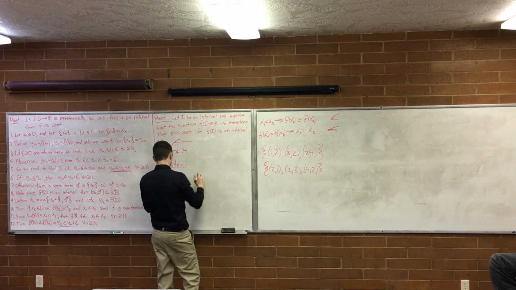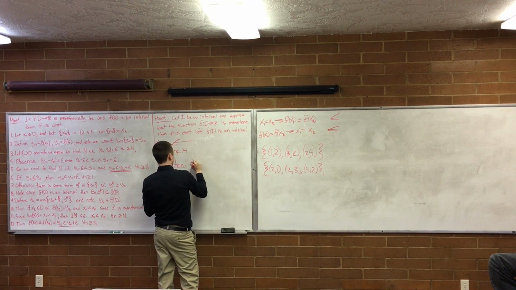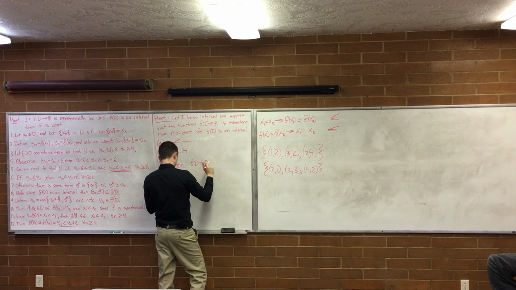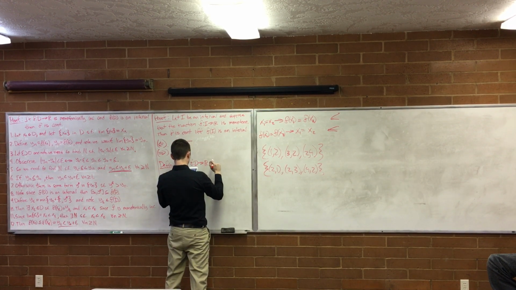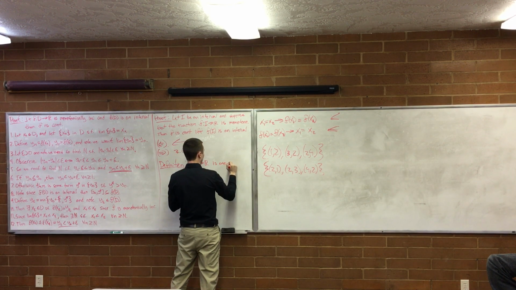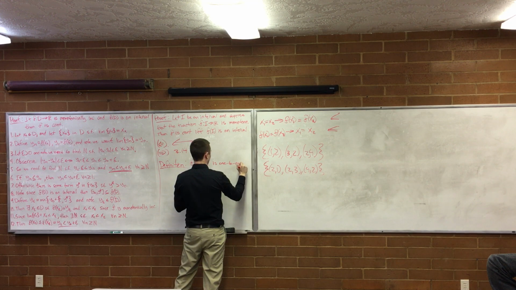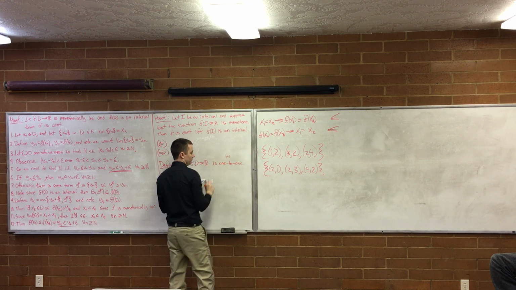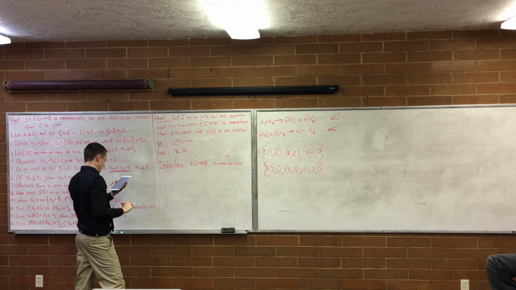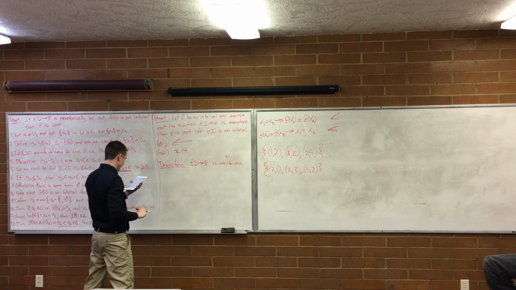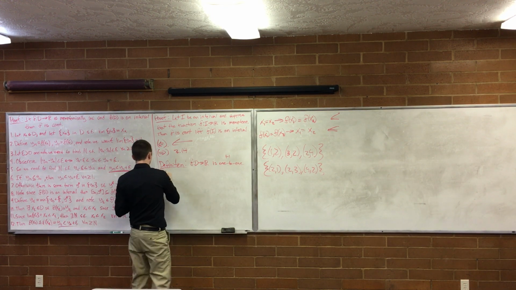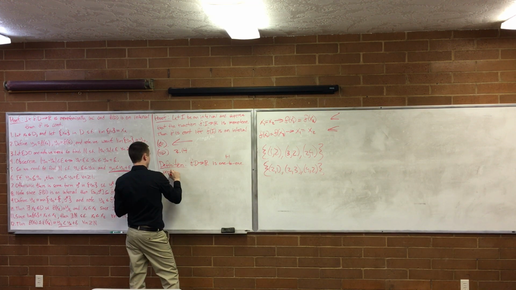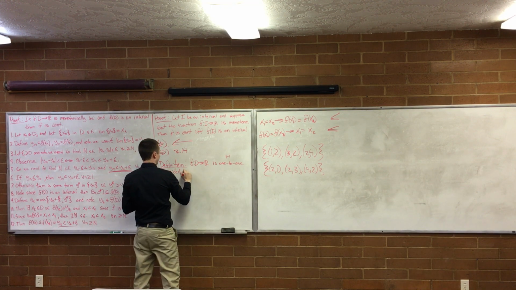Definition. So f from D to R is 1 to 1. From here on out, I'll probably just write 1 to 1 like this, so don't be confused when I do that. Provided that